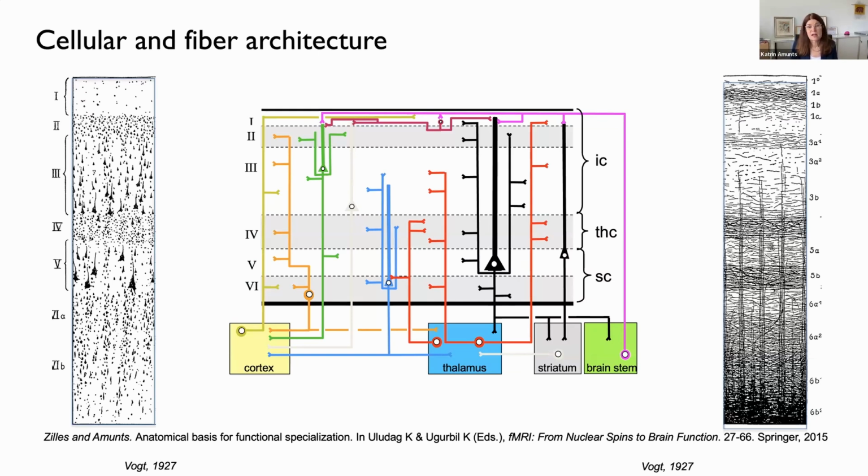Layers 5 and 6 are mainly output layers. Layer 3 contains also large cells that are connected to other brain areas, for example, in the other hemisphere. So there are certain rules of the relationship of the cellular architecture and the myeloarchitecture that already the Vogts and